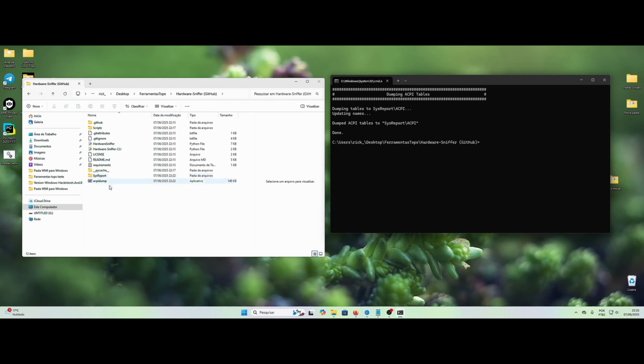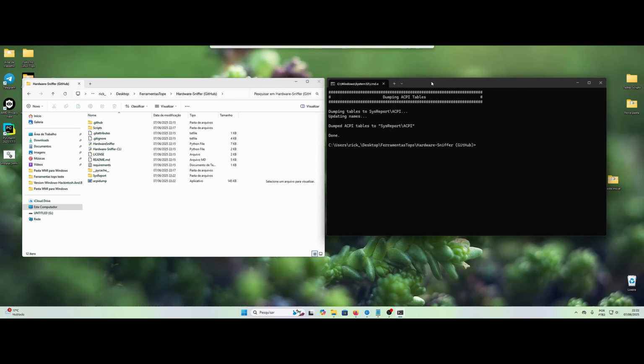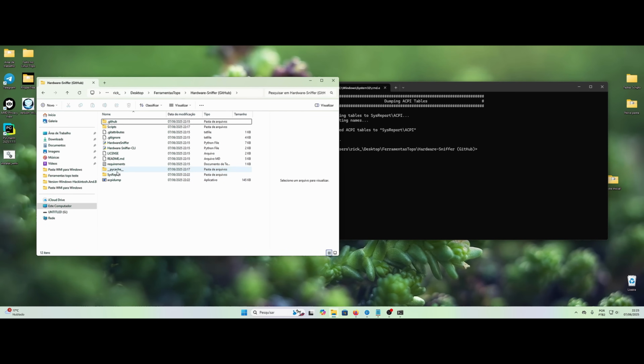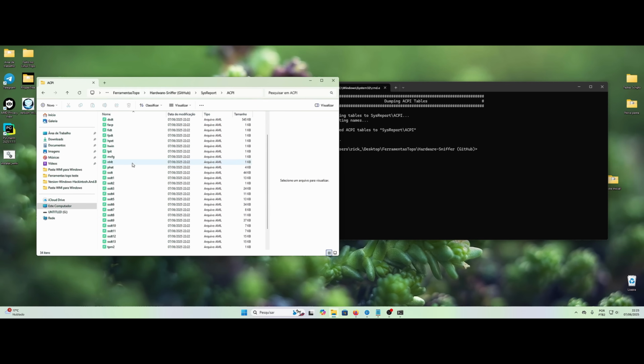In this case, it is a little better doing it this way in developer mode, because it is all within the black screen system, let's say within the prompt. Then the system will respond. You guys are much better there, right? In our case here, we will do a fair dump, and your system has to be fully updated with all the hardware updated. Okay, so here we have the JSON, and the ACPI has already been downloaded in full.